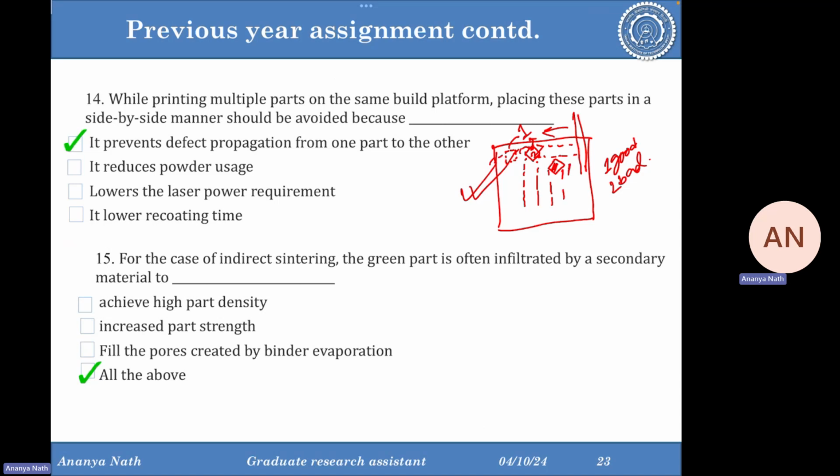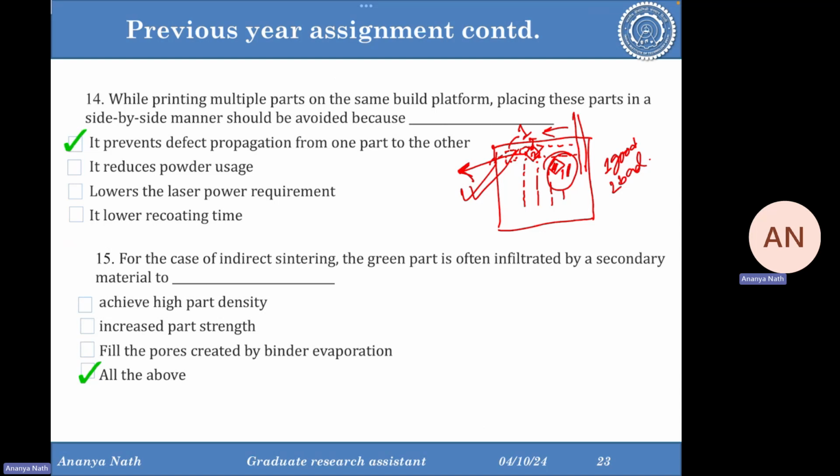So if you have placed part 1 here, then even if this part is ruptured, it will go in this direction, and in between the process you can just turn part 2 off, so that from the next layer onwards part 2 will not be made. We have stopped printing part 2. We can continue the process for the rest of the parts, and we can manage to protect all the other parts by just stopping one part.